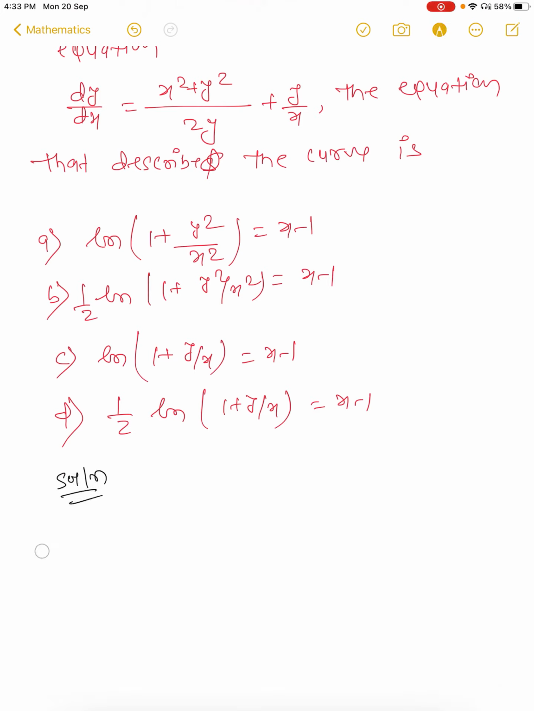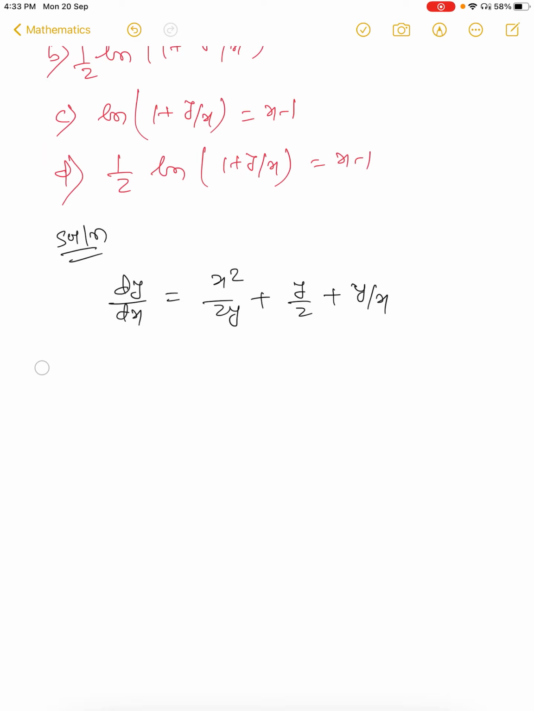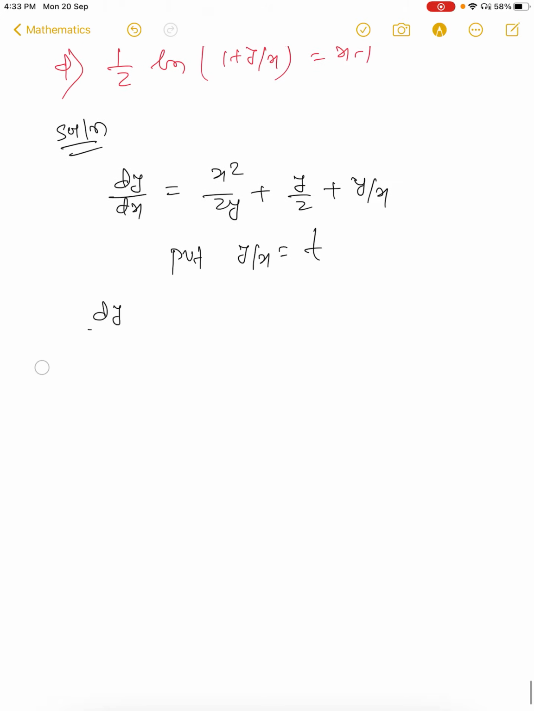Question 67. Here the curve is given: dy/dx is given as (x² + 2y... ) over 2x, that is, y/x plus x/(2y)... Put y/x equal to t. Then what will happen? dy/dx is equal to